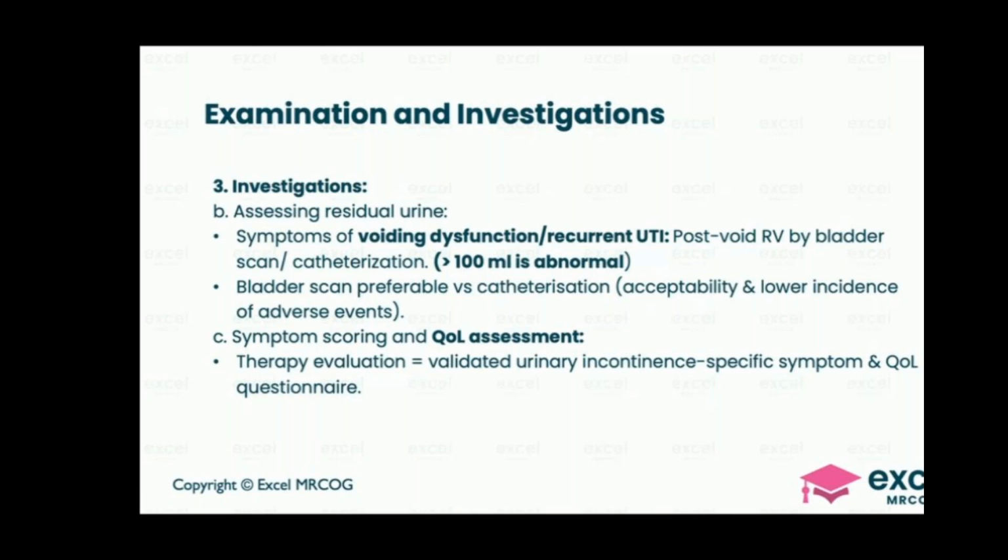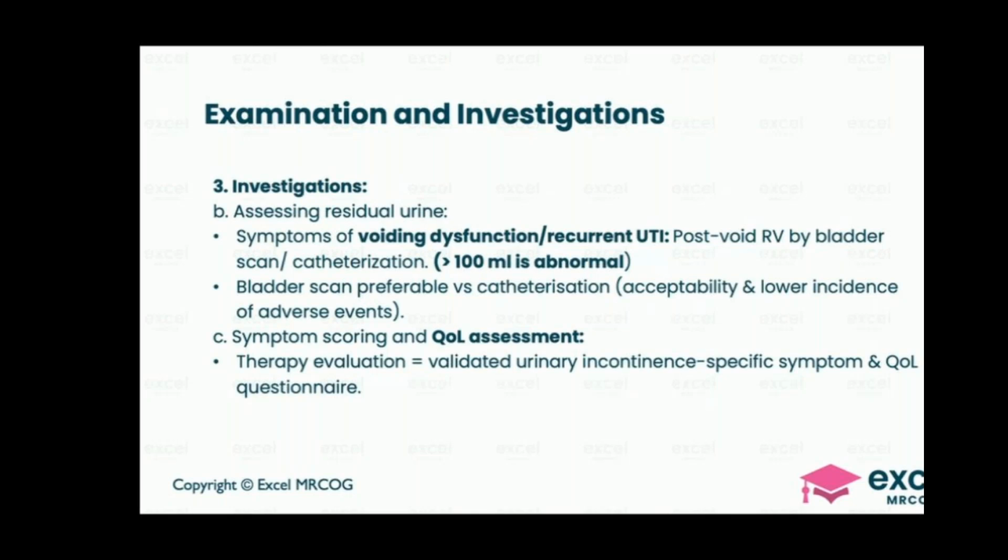Or when there is recurrent UTI. Why? Because recurrent UTI may mean that the bladder is not getting emptied effectively, and that is why there is recurrent UTI. The bladder is having, say, hypotonia. The bladder is not emptying. There is stasis of urine that predisposes to UTI. So in these two cases, when there is hesitancy, poor stream, terminal dribbling, any of these symptoms, common symptoms,